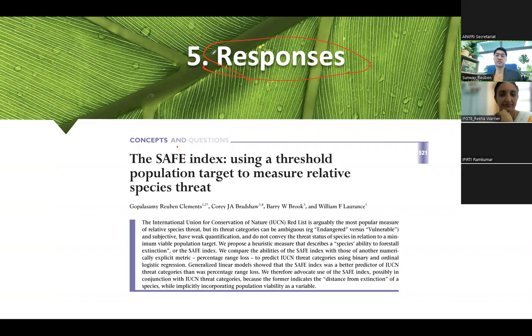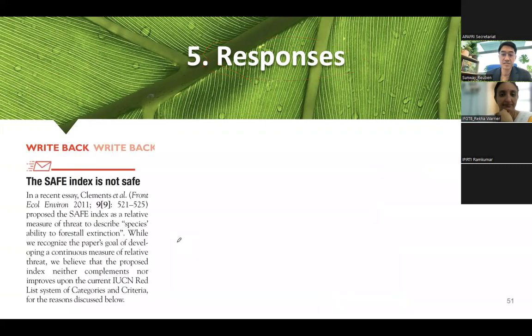So a response is when someone writes to your paper. For example, I published this paper called the Safe Index, using a threshold population target to measure relative species threat. So this was written quite some time ago. With my colleagues, we came out with the index on how to measure how far a species is from extinction. Then what happened was a lot of